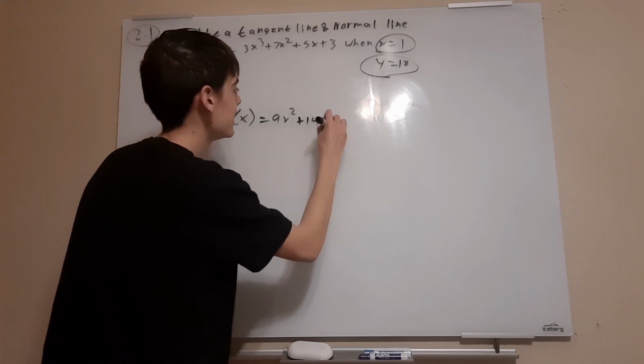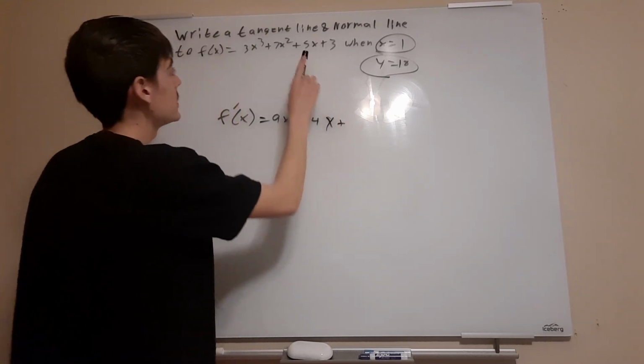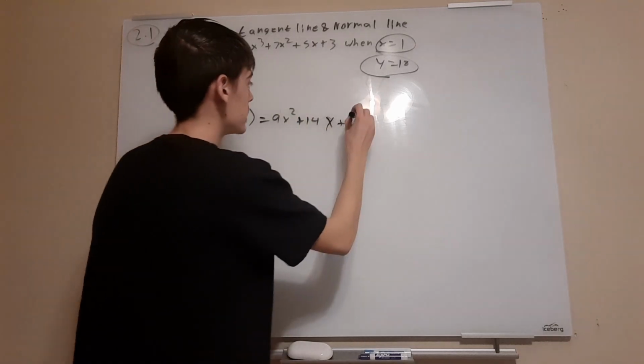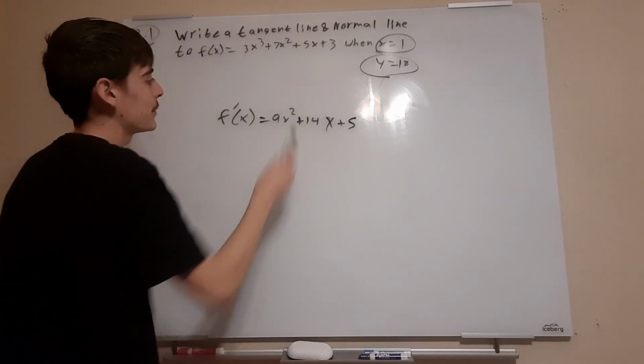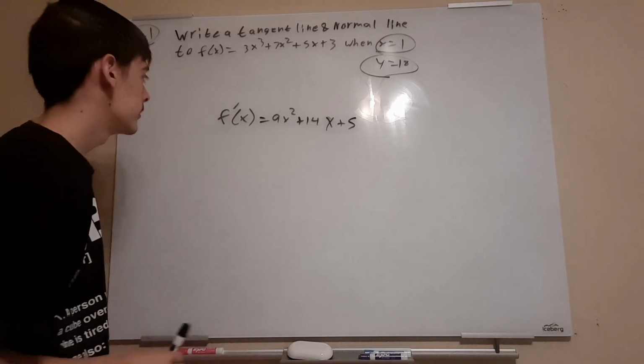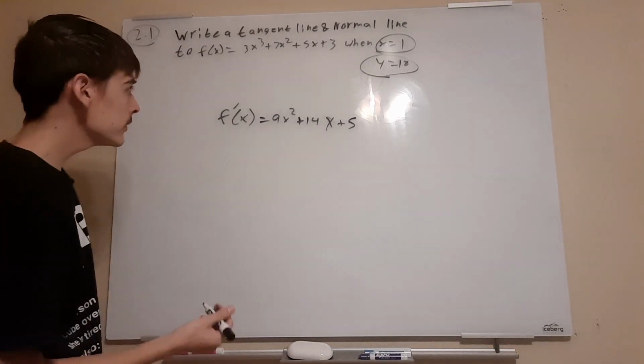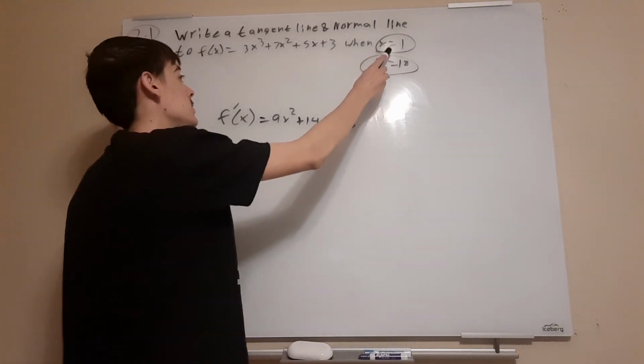That x looks like a plus sign. Okay, and then plus the derivative of 5x, which is again the power rule, that's plus 5. And the derivative of 3 is just 0, so we're just going to leave that off. So now we have our function for our derivative, and if we plug in x equals 1, we'll be able